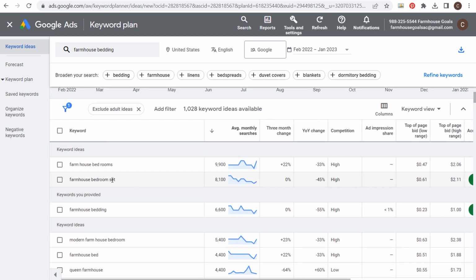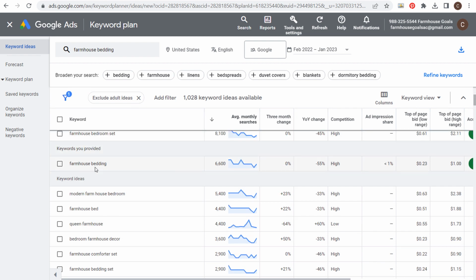So farmhouse bedroom set are people looking for furniture. I'm not going to show you the example, just know that this is somebody looking for furniture. So it doesn't fall into the same category as farmhouse bedding on my website. It's a completely different category under furniture. So we have farmhouse bedding. What you need to do is find first is some of the different subcategories that you're going to continue to categorize. You may get some ideas right up here like duvet covers, like blankets, so linens, bedspreads, these could be